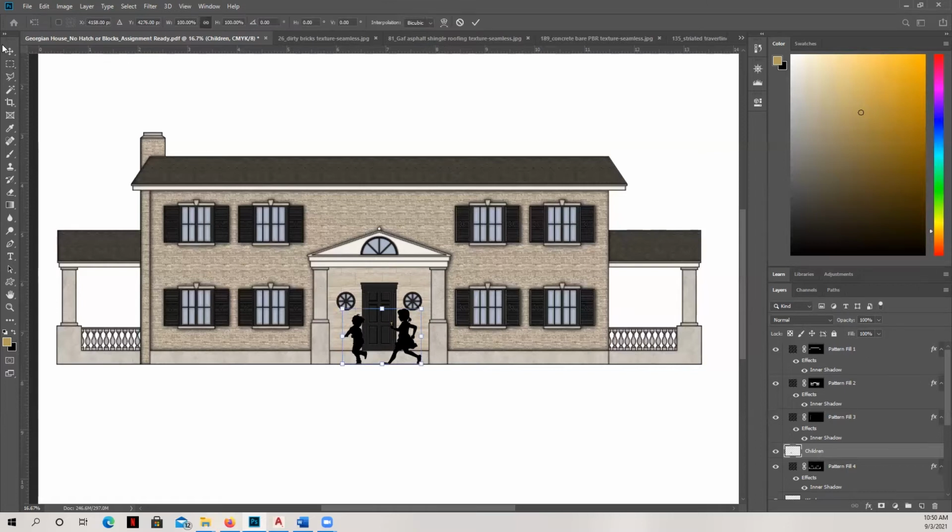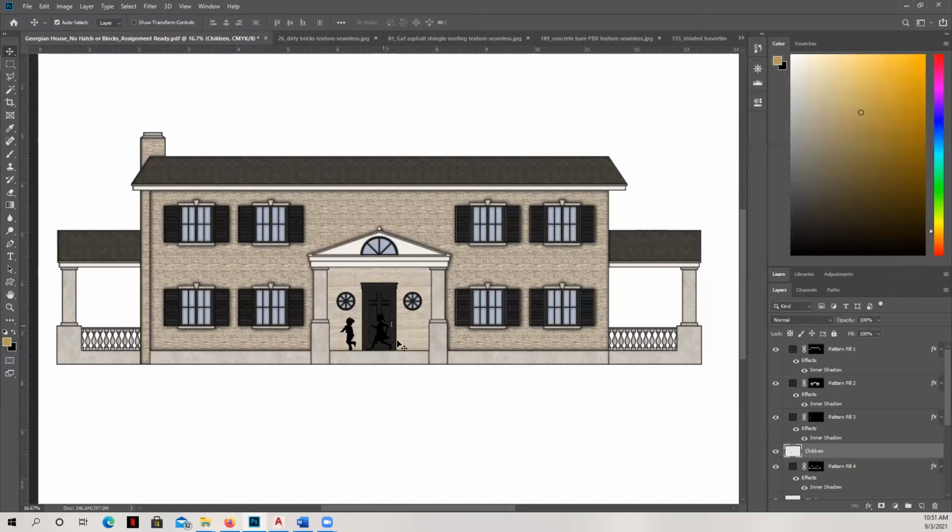Now I'm going to imagine that they're standing on top of the porch, and this door, normally a door is about 7 feet tall, but this one's probably just a little bit taller. So I'm going to make sure that they're scaled down, and I'm going to use the door as the guide. And I'm thinking that they are probably about this tall, about half the size of the door. So maybe between 3 and 4 feet. And then I'm going to hit enter.